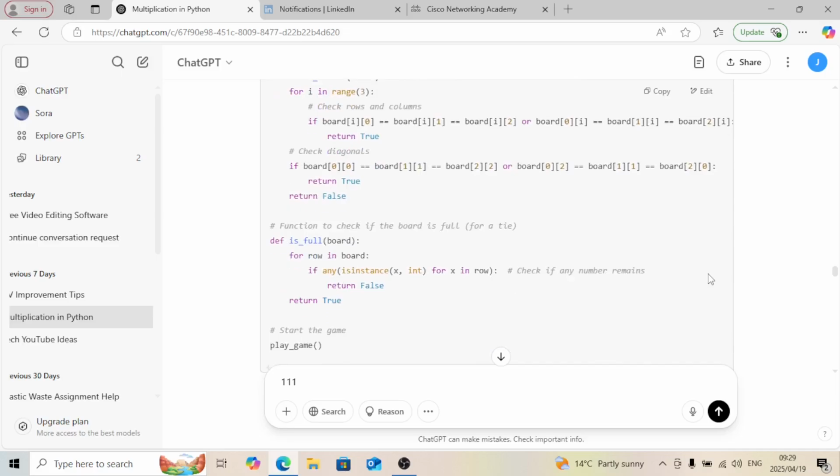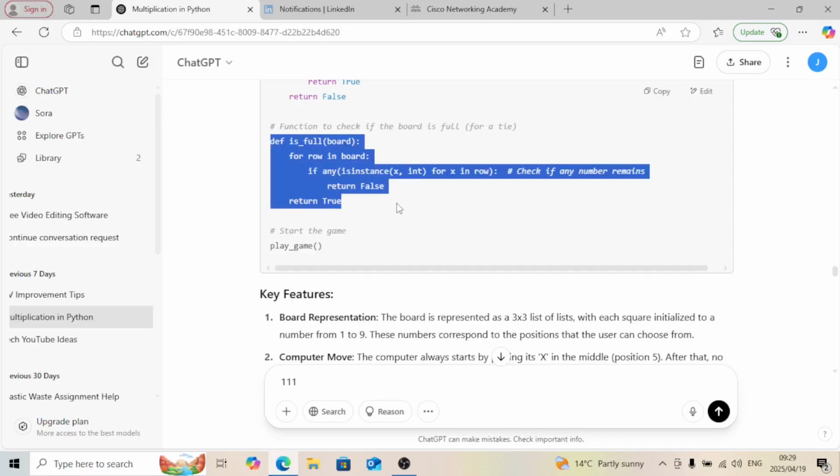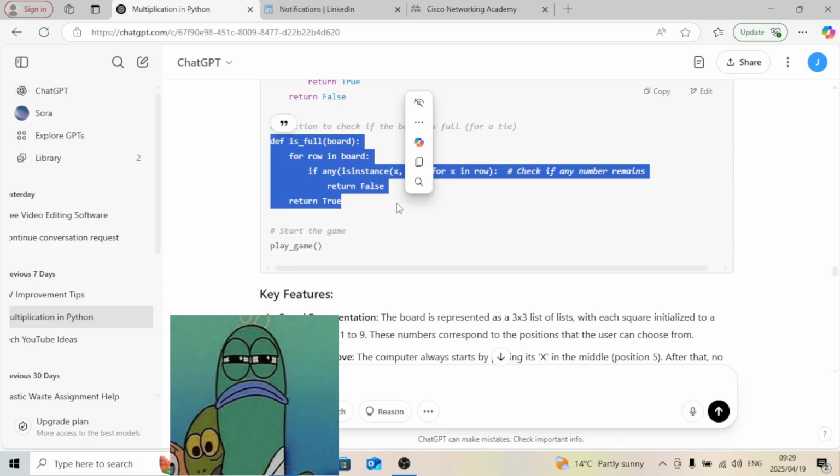No, I don't think so, but it's fine. If x int, okay, is a number, I guess. For x in row, hashtag check if any number remains, return false. Okay, this is the example, and right now I do not know what I am learning, but hopefully